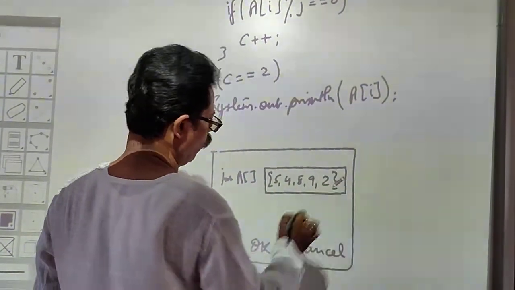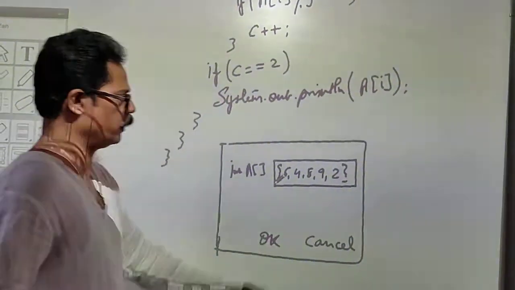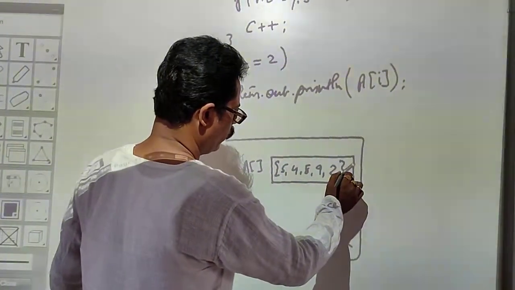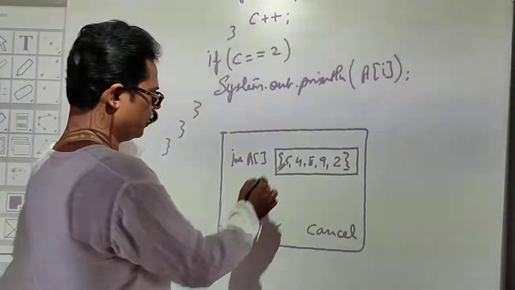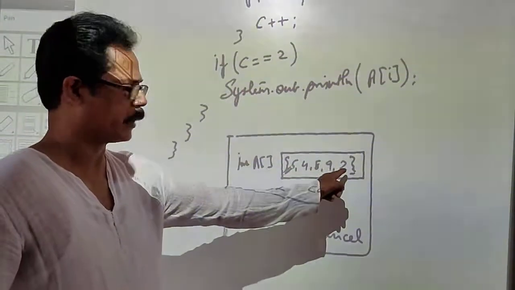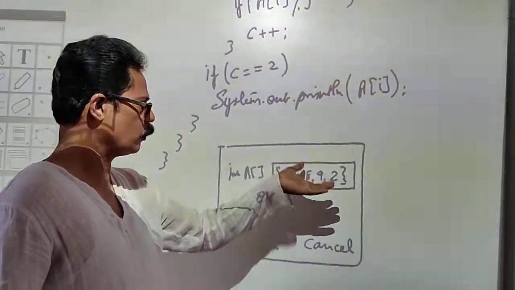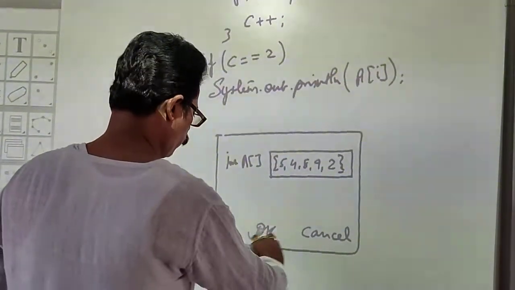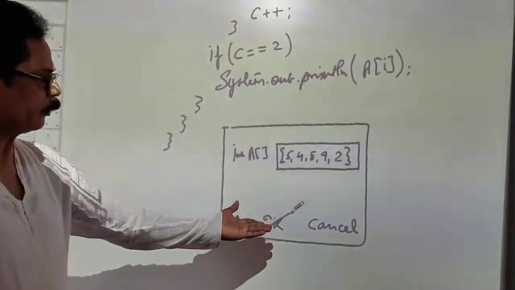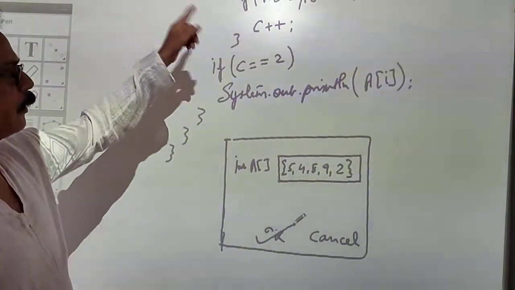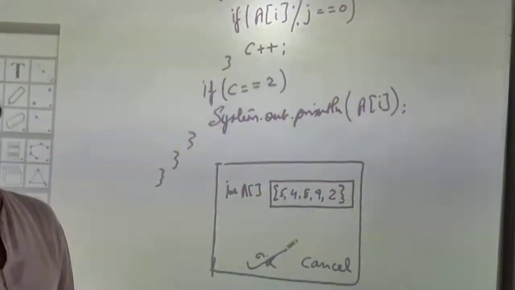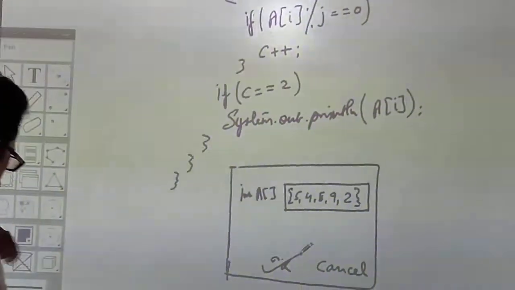respectively, and close it. Please remember, this is the way that we had done in the previous one, that is the coding part. The way that we had assigned values, the same way you are going to assign, but this time it is when you are executing the program. And then you click OK. The moment you click OK, it calculates and prints only those which are prime in this case. So this was the next one.